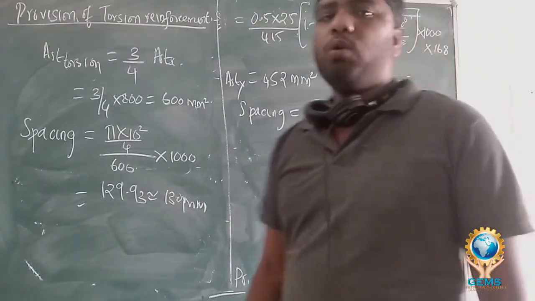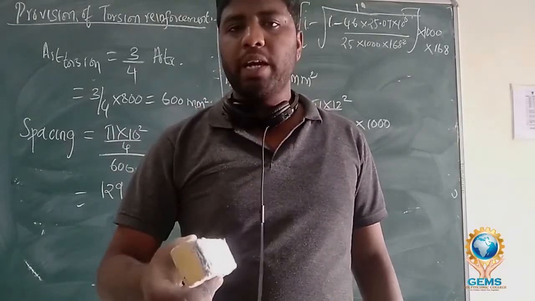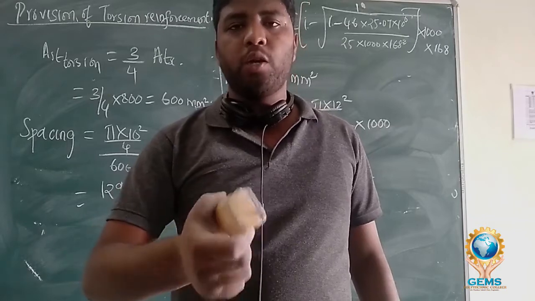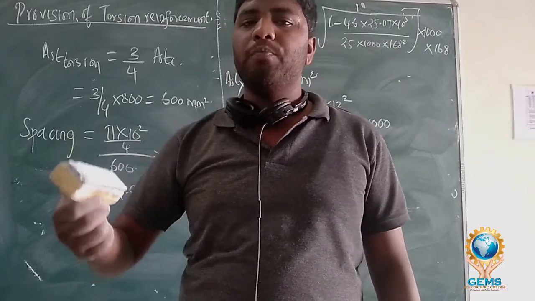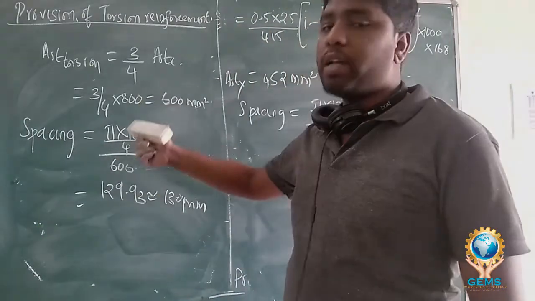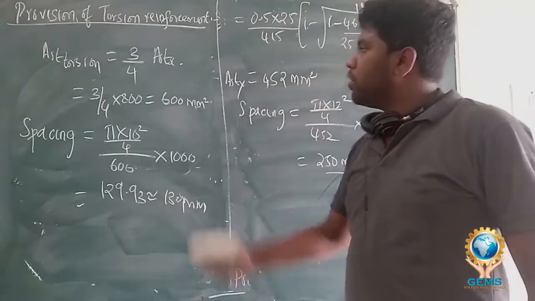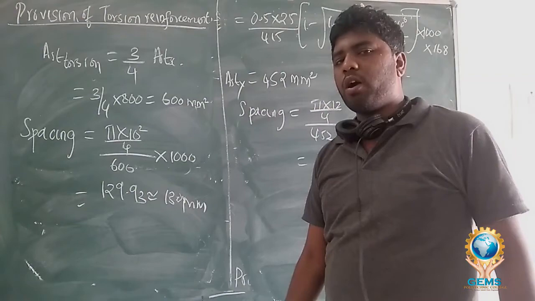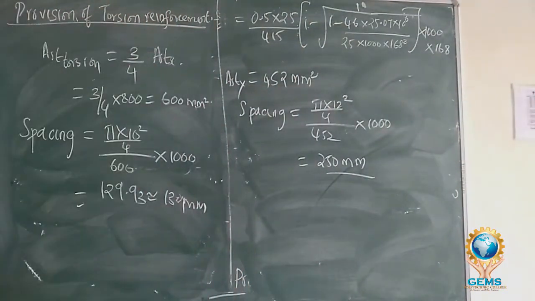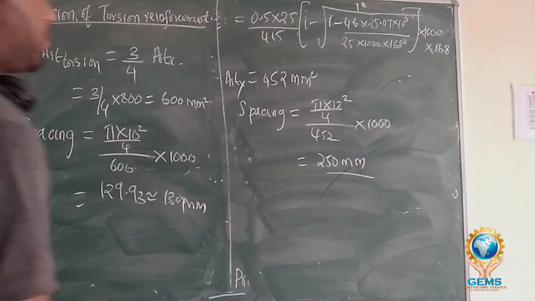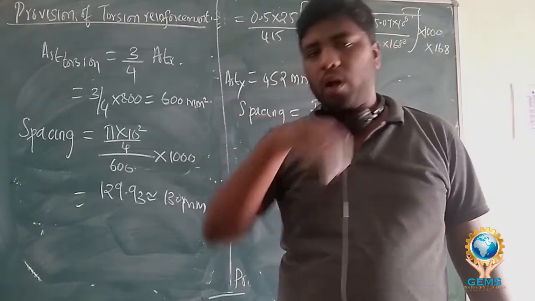If you see the one-way slab design on my YouTube channel, I have derived the check for shear, check for deflection, and check for development length. Same procedure only. So this will be your assignment for checking shear, deflection, and development length. If you don't understand anything, you can ask me in private chat, so that I may clear everything for you there.